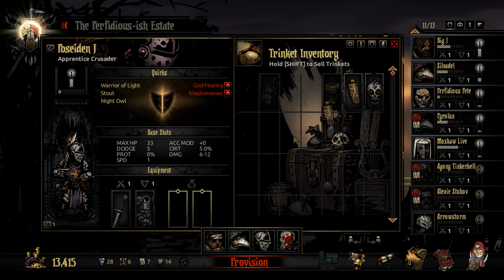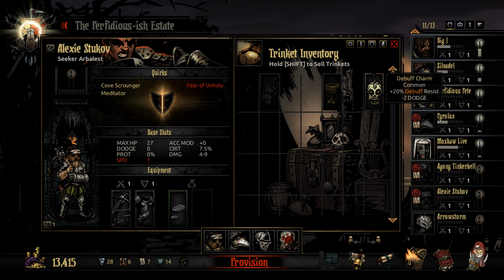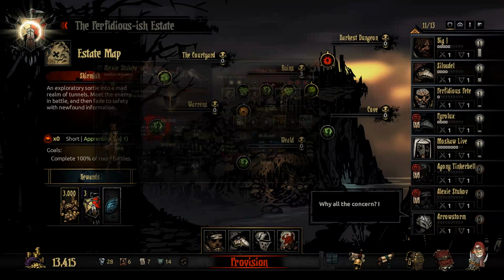I think the protection just goes to our Crusader. Debuff Resist in return for a small dodge penalty. Anybody got... You have 0 dodge? Congratulations. Winner, winner, chicken dinner. Enjoy that. Now we provision...